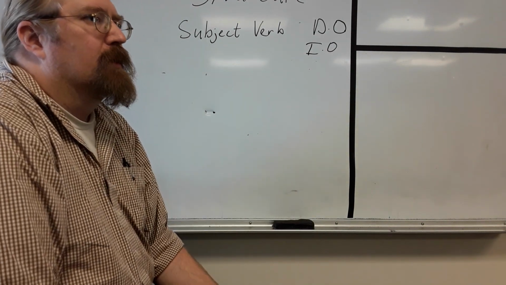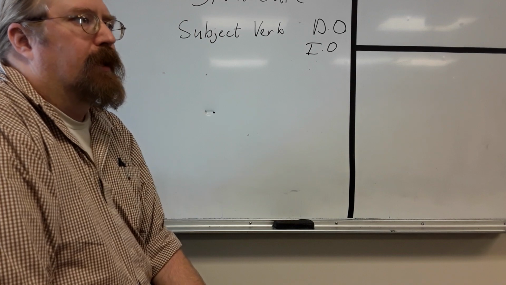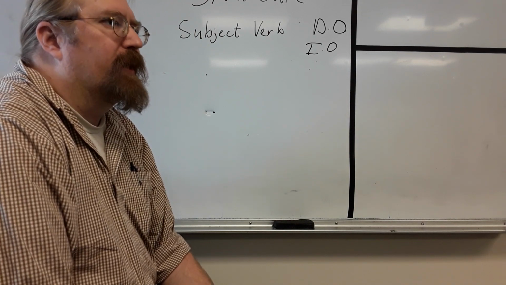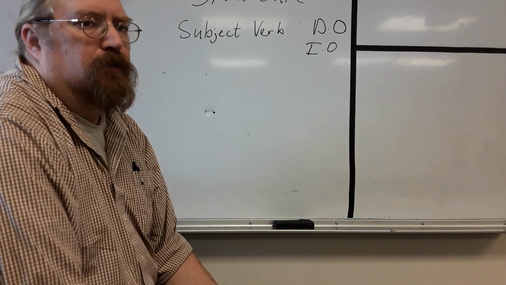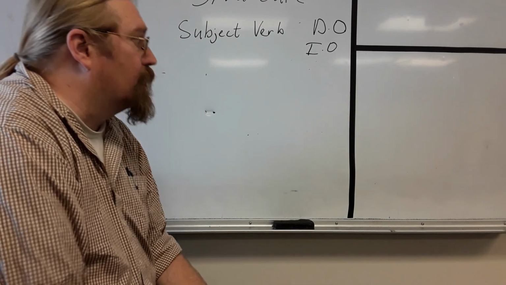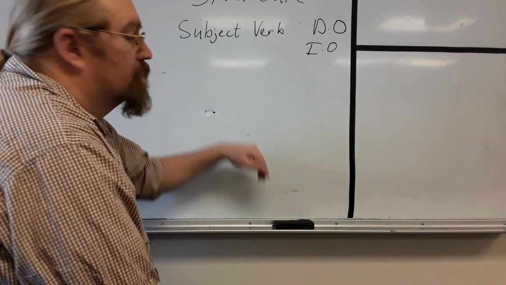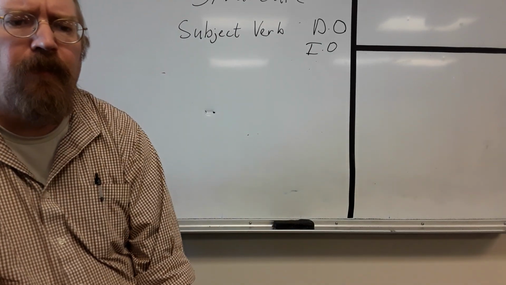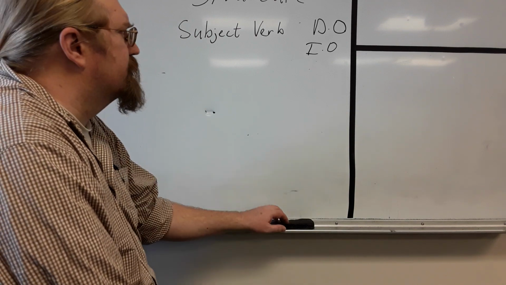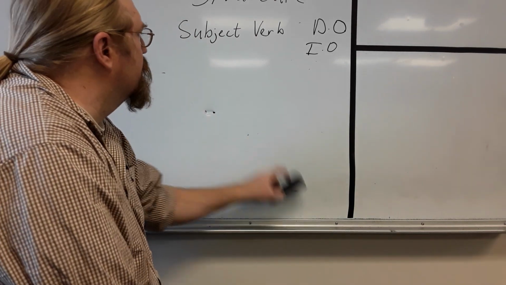The boy hit the ball. The boy hit with a bat the ball. Bat's still the indirect object. Sounds kind of awkward, but that's how it works, okay? Other concept, well, okay. So